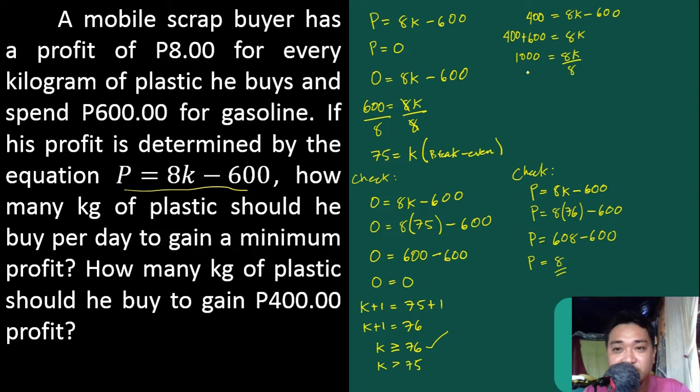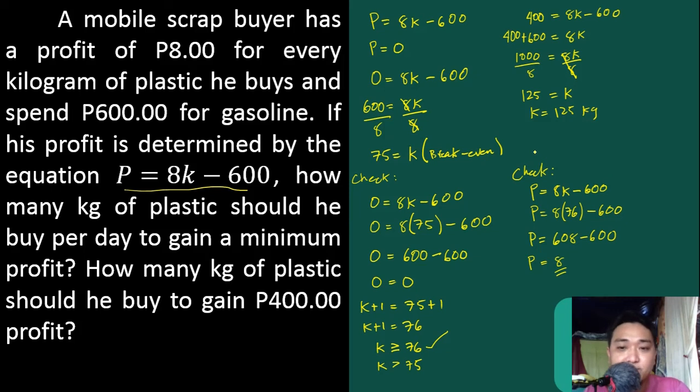And let us divide both sides by 8. Cancel. 8 divided by 8 is just 1. No need to write 1. What is left is K. And 1,000 divided by 8. We are going to use our calculator. 1,000 divided by 8. So that is 125. Or K, by symmetric property, K is equivalent to 125 kilograms. Ayan. So, ibig sabihin, kung gusto niya ng profit na 400 pesos, kailangan mag-uwi siya ng 125 kilogram na